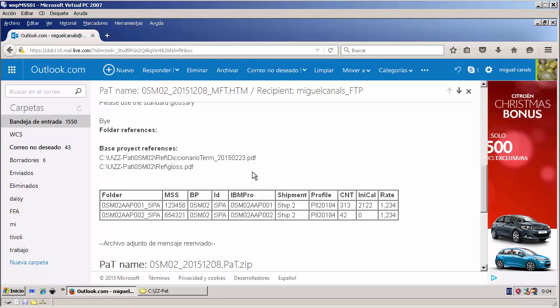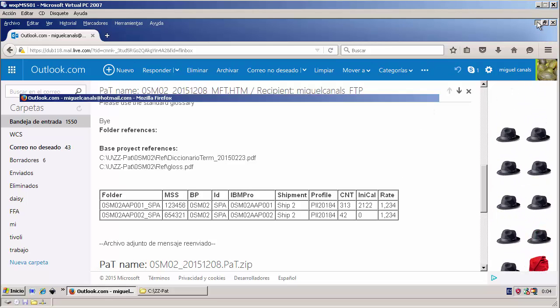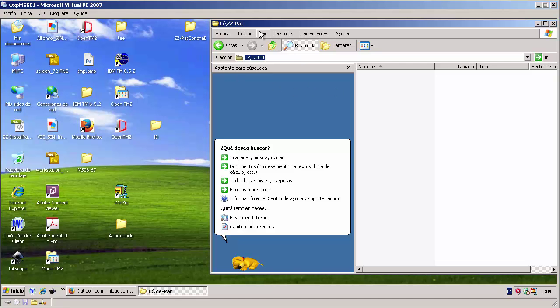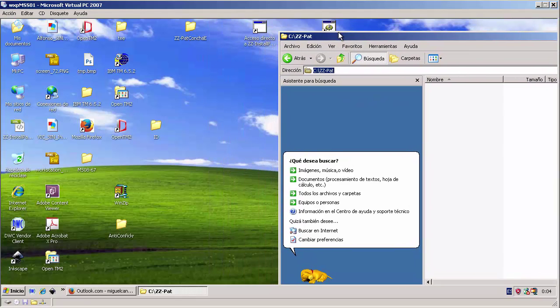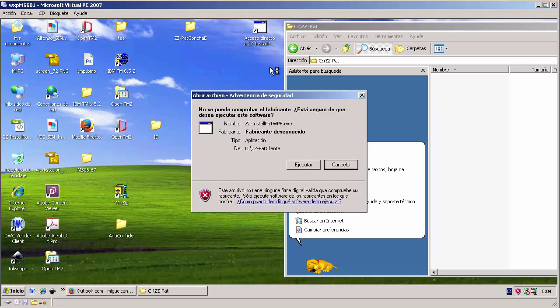So the thing is that when the translator receives the email, as we have received now, it means that the PaT file has been placed in the exchange area. So once I have received the email, if I open the client program, it will check for any PaT file in the exchange area, and because there is a PaT file, it will download it to the translator machine. So when I open the client,